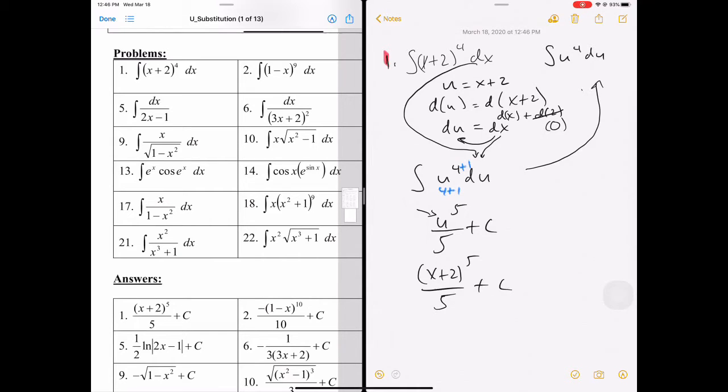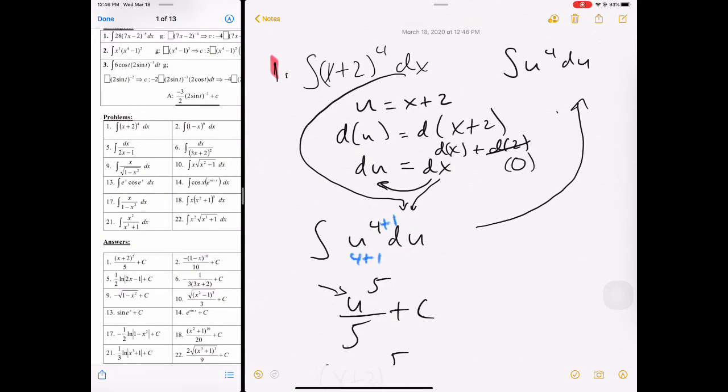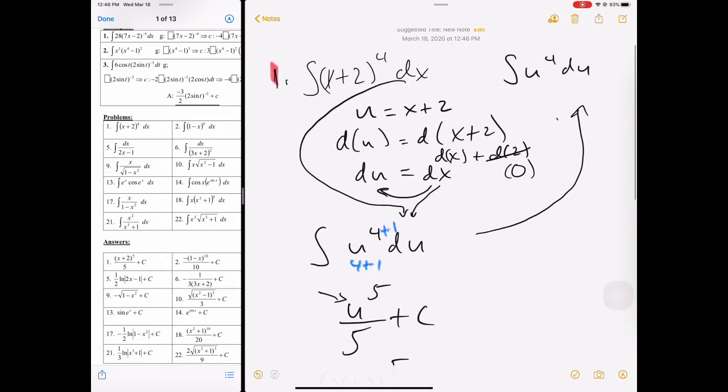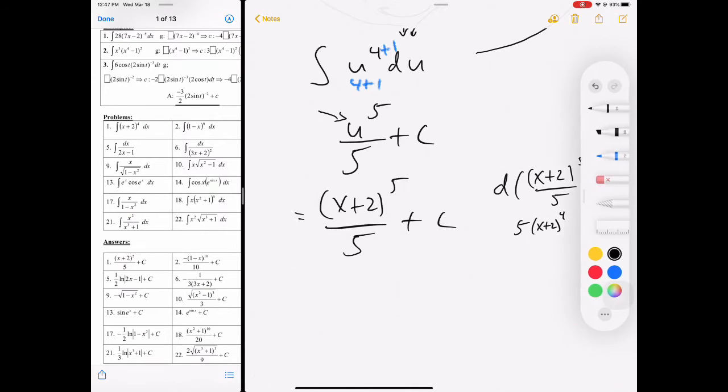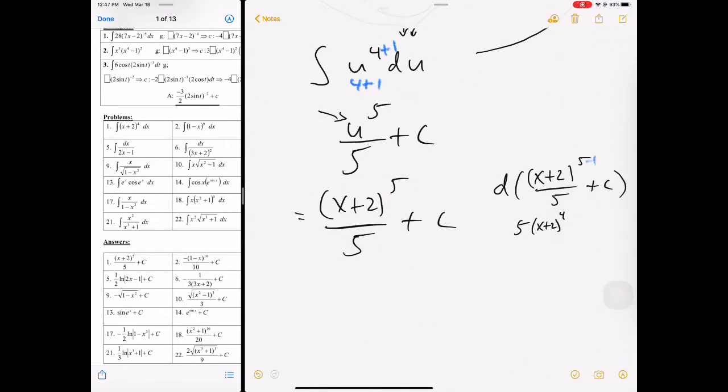So let's double check our work. We're not going to always do this, but let's go ahead and double check our work right now. Let's take the derivative of our answer. What is the derivative of x plus 2 to the fifth power over 5 plus c? Well, we take the derivative of this first. That's power rule, bring down the 5, x plus 2 to the fourth power, because we subtract 1 from the power rule,